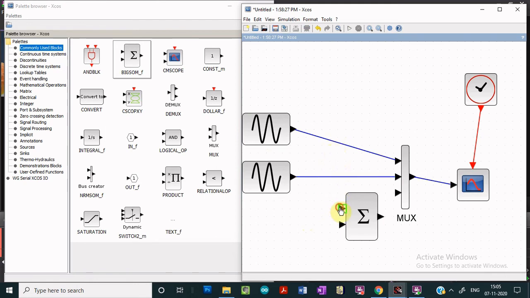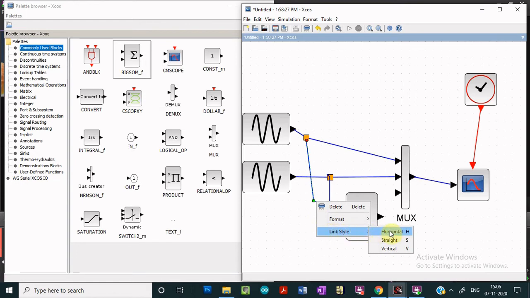And let us connect the first input. We can change the link style also. If I make it horizontal, we'll see that now the connections will become neat. So you can drag it also using this handle.